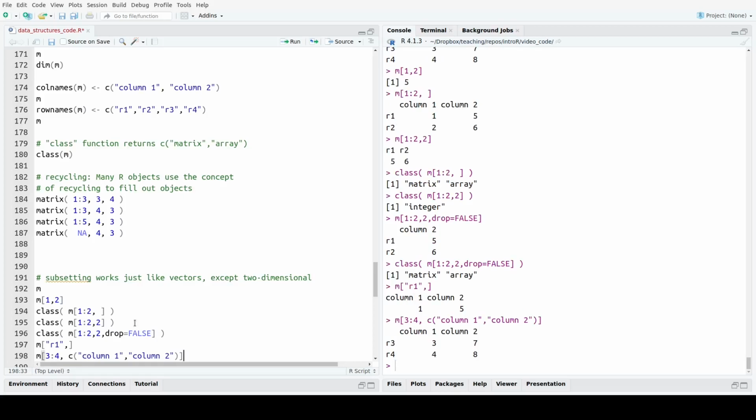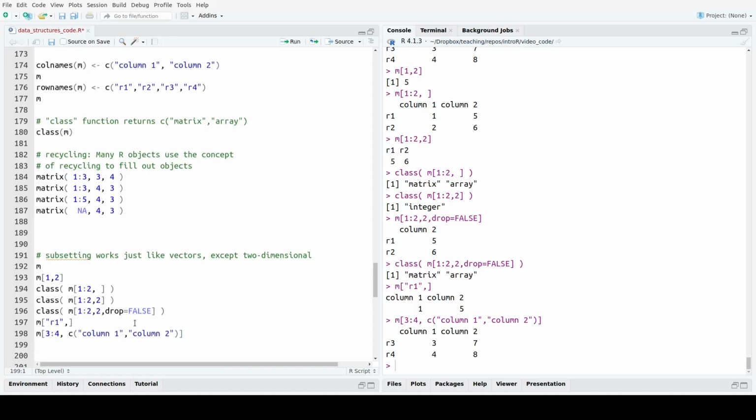That's that. So that remains a matrix. What you can't do is combine. So here's kind of a mix. I'm using indices, index 3 and index 4 for the rows, and I'm using names for the columns. What you can't do is combine